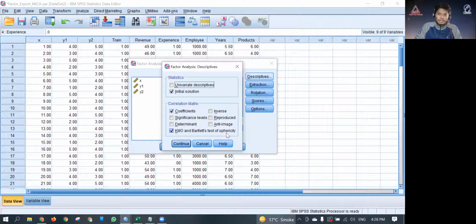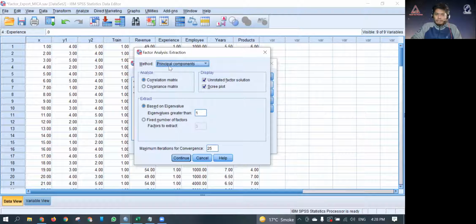Now, the good thing is that even if it comes in the exam, once you do one sum in SPSS, these settings become default settings. So next time you try to do a factor analysis, you just have to click OK, and just check once. Okay, so click on Coefficients, click on KMO, and this would already be marked.